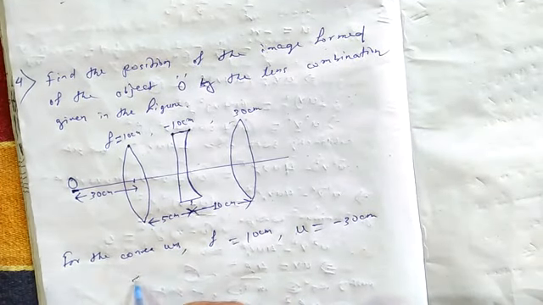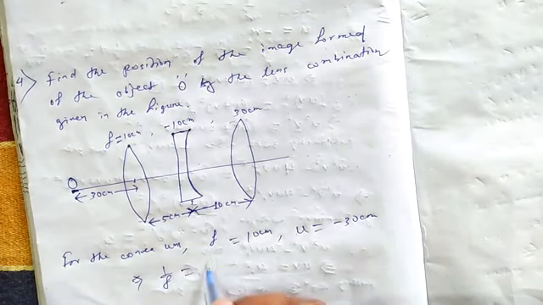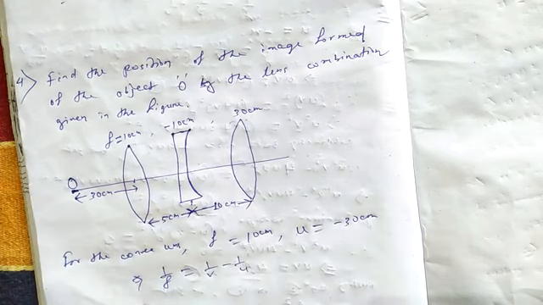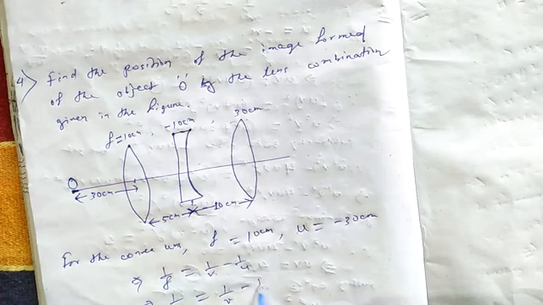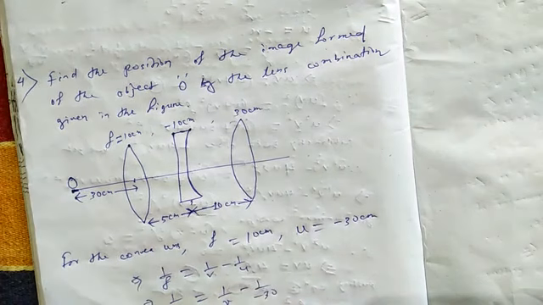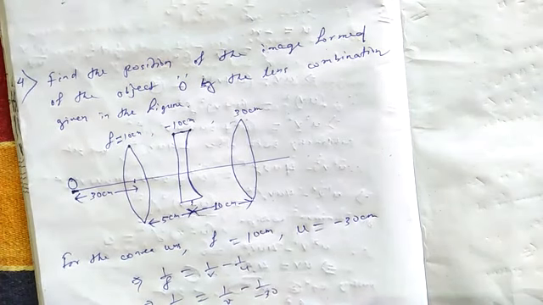This implies we get 1 by F is equal to 1 by V minus 1 by U, so 1 by 10 is equal to 1 by V minus 1 by minus 30. 1 by 10 is equal to 1 by V plus 1 by 30,